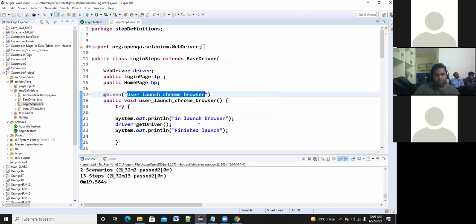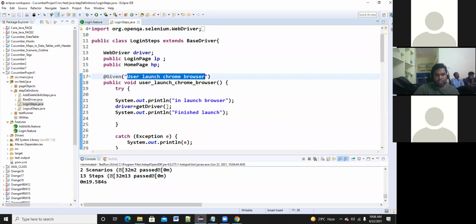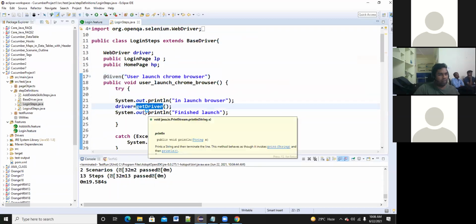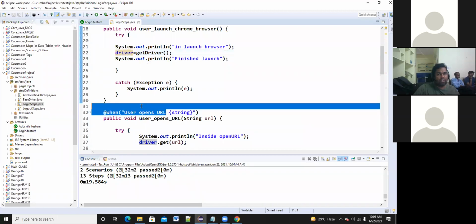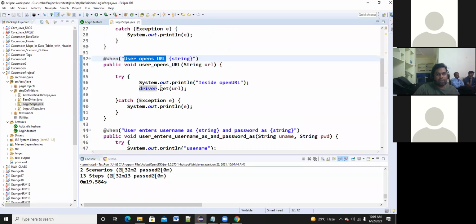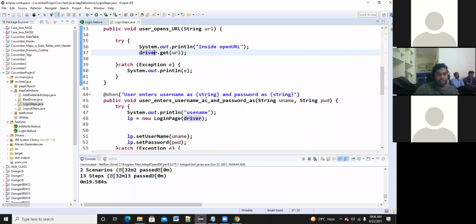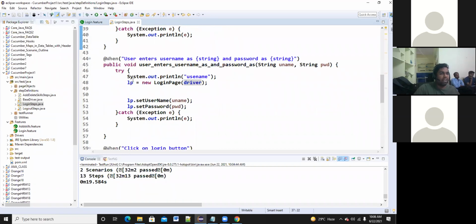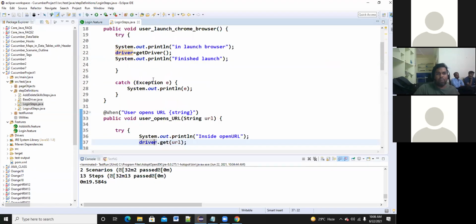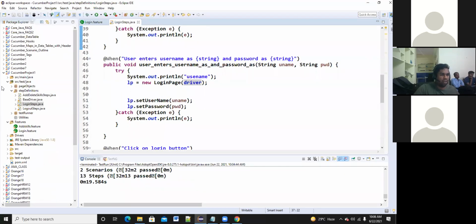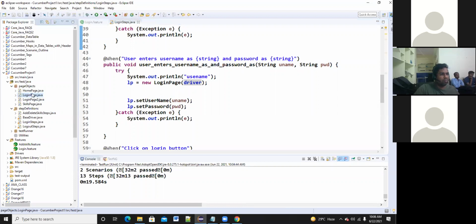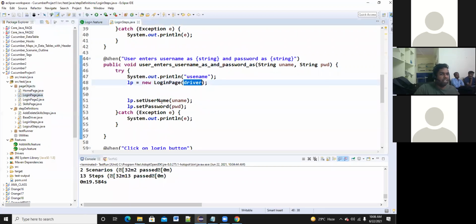Okay. So in the step definitions, it is going to execute from here. So the driver is launching. Okay. The driver is launching and the browser is opening. After that, user opens URL. So that is the keyword that has been written. So driver.get test URL was executed. After that, enter username, enter password, and click on login button. So it is navigated to the login page. So I'm importing my login page and I'm calling the required method from that login page. So the login page has been implemented in the page objects. So I'm creating it and passing the driver, and lp.setUsername, setPassword.